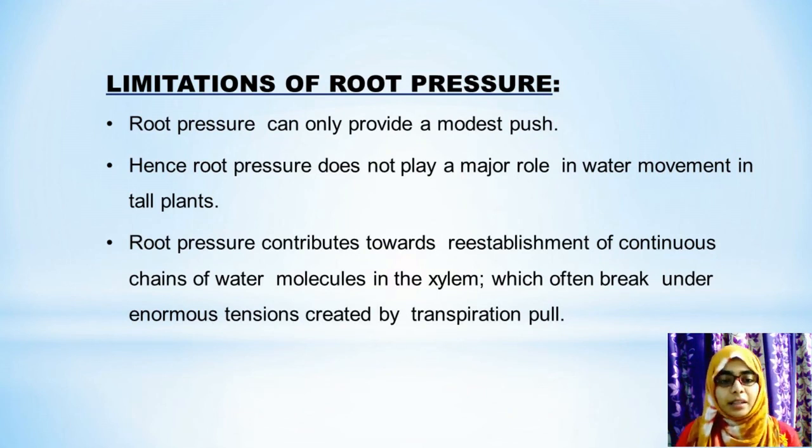Okay, the root pressure theory is the theory where absorption of water is continuous unless and until there is transpiration taking place. When transpiration stops, the pressure created in the plant pushes the water molecules towards the aerial parts of the plant. It is only accepted in small plants and it is not accepted in tall plants. And due to the creation of this pressure, during the absence of transpiration, the leaves release some water molecules due to the extra pressure, by a process called guttation. Okay. So in the next topic, we will be studying the transpiration pull theory in detail.